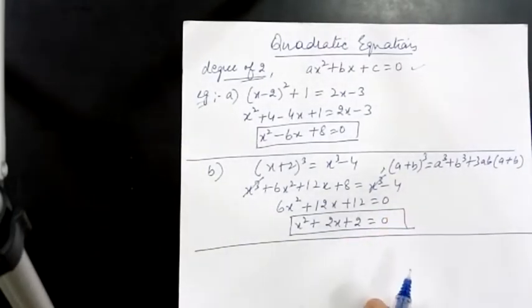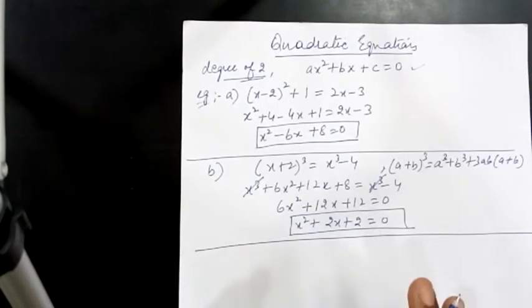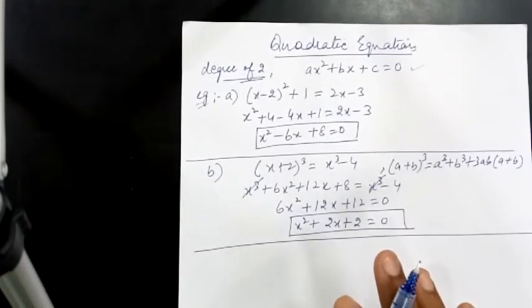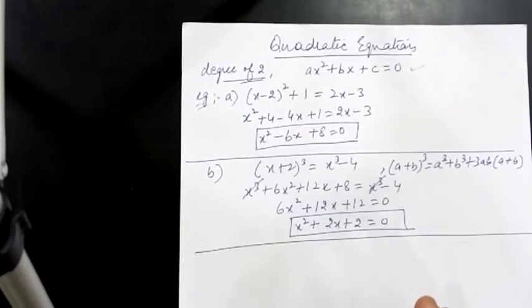So just seeing whether it is a quadratic equation or not doesn't serve our purpose. What you have to do is solve it out to its simplest form, and only then will you be able to know whether the equation is quadratic or not.